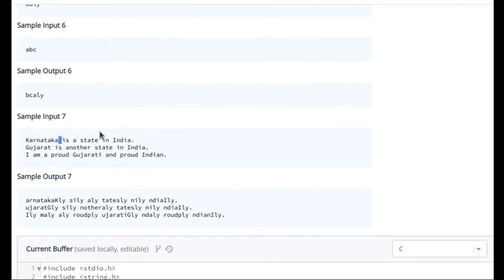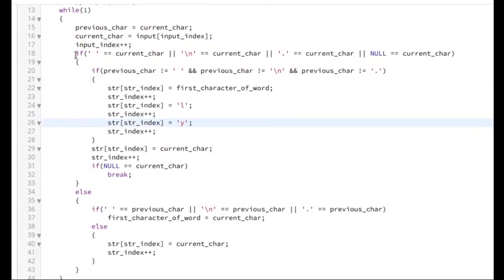If it is a new line, then if there was no dot here, and there was a new line after India, there is a slash and then only G goes here. So if it is a new line, then the word has ended. Or if there is a dot, that also implies that the word has ended. Or for example, here after ABC there is nothing, so there is end of file. But if you remember, in the main function we have replaced end of file with null. So if it is null, basically the end of the string, then also it means that the word has ended. So this is the condition which checks if the word has ended.